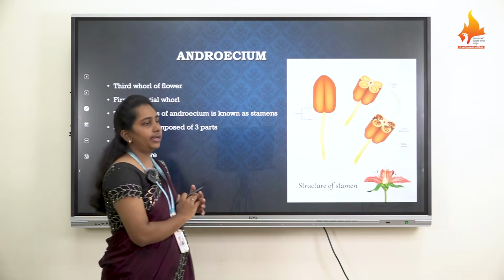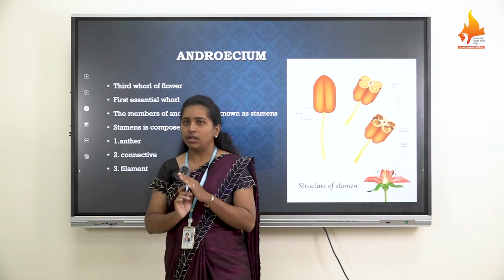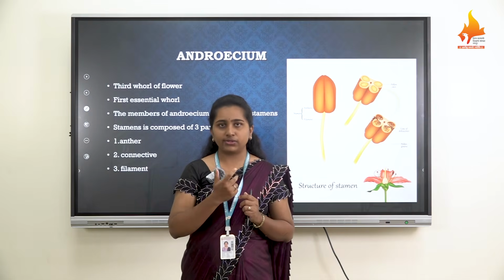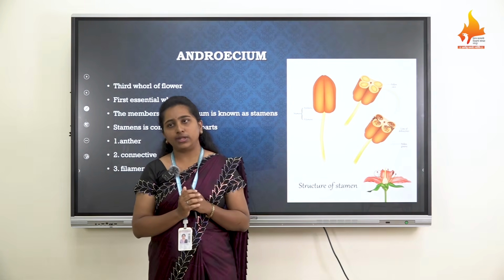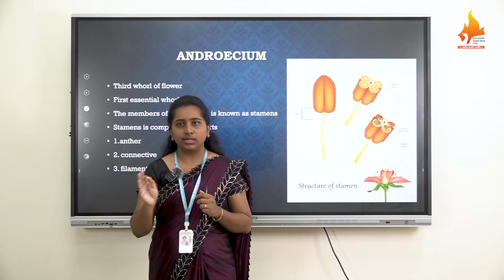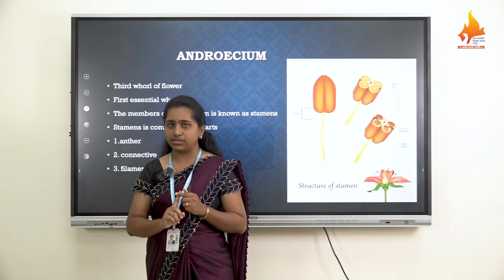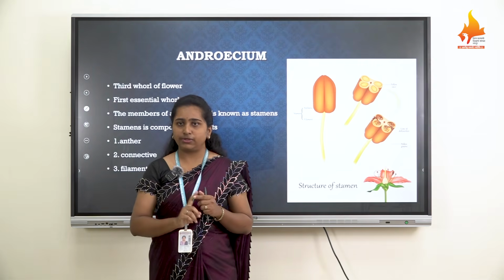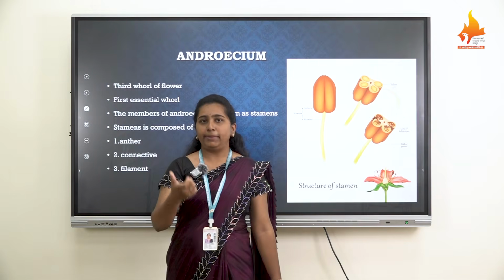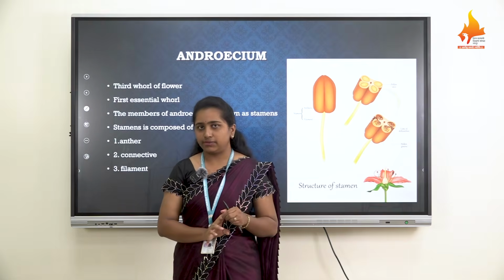Before that, androecium and gynoecium, we already discussed calyx and corolla. We see that an individual member of the calyx is called sepal, right? And the individual member of the corolla is called petal. The arrangement of the sepals, petals and tepals in a bud condition is called aestivation. You already know the aestivation. So what is meant by aestivation? It is the arrangement of sepals, petals and tepals in a bud condition. Then it is called aestivation.